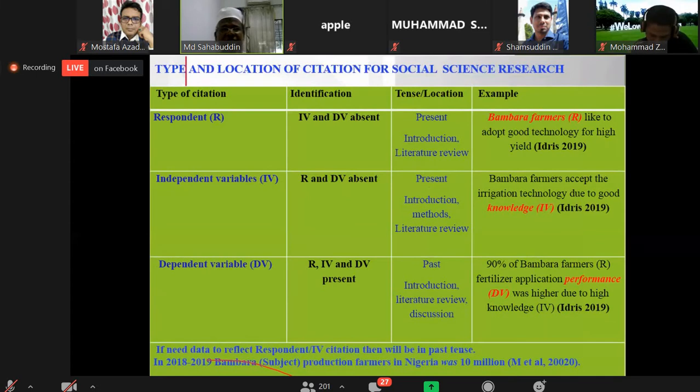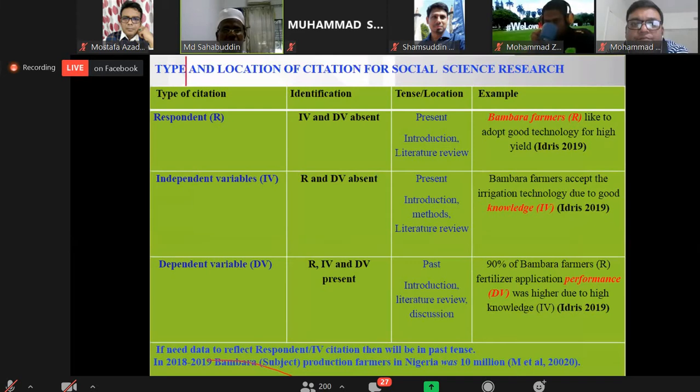For the social science, how do we know the type of citation in social science? As we already discussed, social science research has 3 elements: respondent, IV, DV, but sometimes mediator and moderator. So if there are 3 elements, the types of citation under social science will also be 3: respondent citation, IV citation, and dependent citation, DV citation.